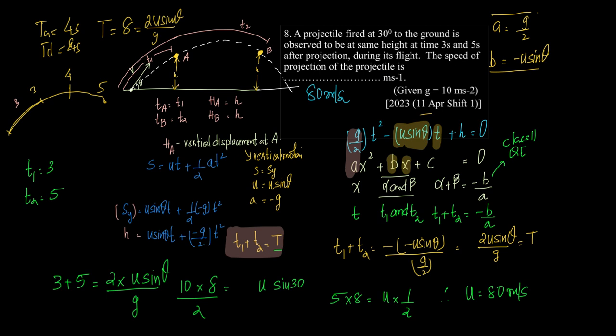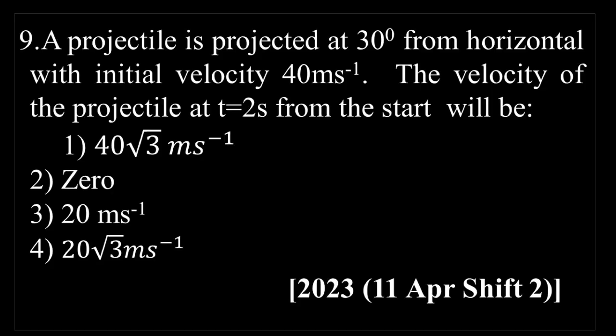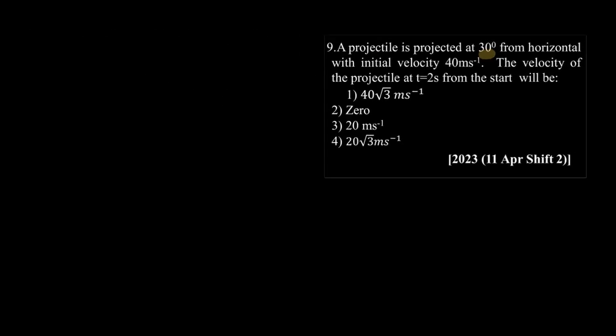Anyway, having said so, let's move on to the next question, which is again based on components of velocity. A projectile is projected at 30 degrees from horizontal with initial velocity 40 meter per second. The velocity of the projectile at t is equal to 2 seconds from the start would be, right? So very simple question, straightforward, I would say. Well, not that straightforward, but yes,